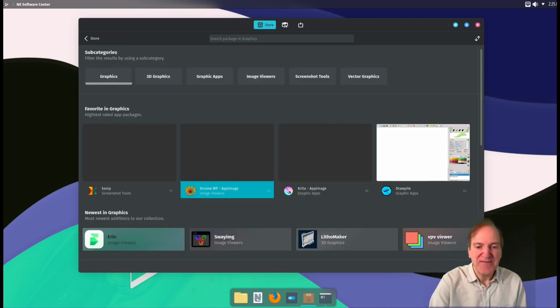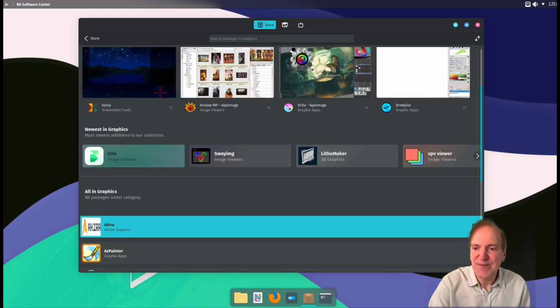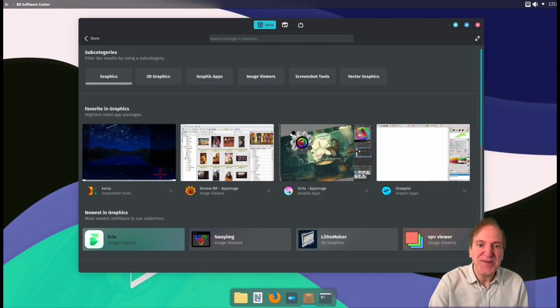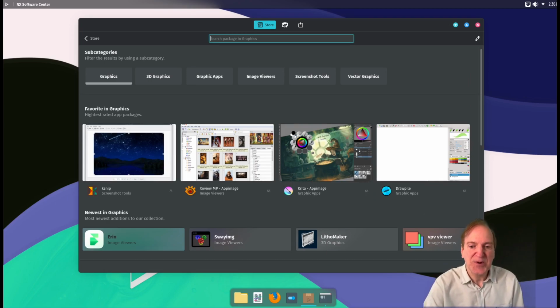And here we got favorites. So we got like Krita and Drawpile, and these are probably, I'm assuming, most downloaded probably. That's probably how they got in the favorites category. And then a whole list here. And then of course, if you want to look for something specific, just use the search up here and you can find something more specific like